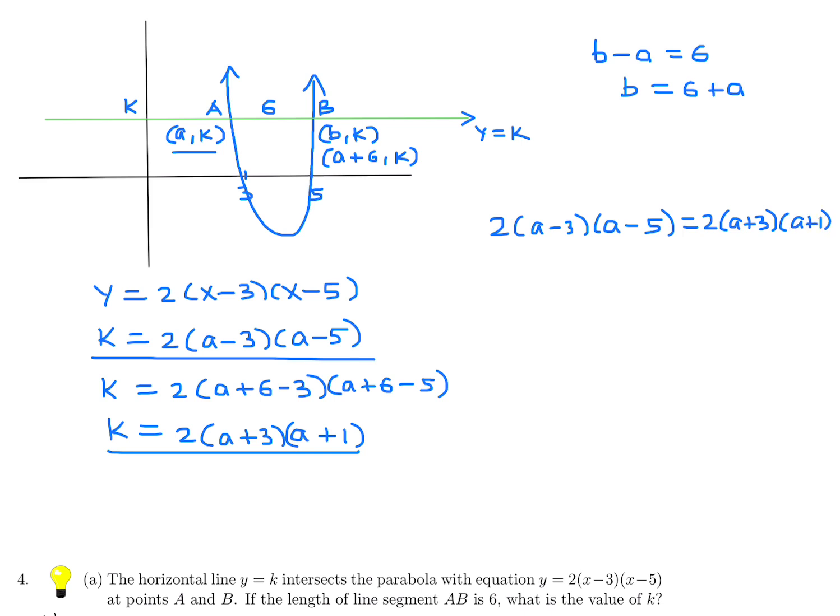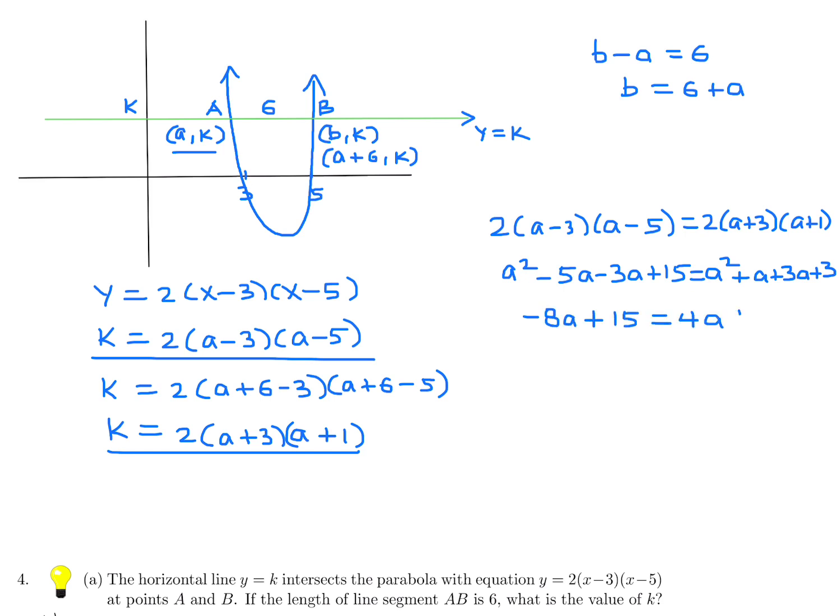So divide through by 2, and then let's expand this. This becomes a squared minus 5a minus 3a plus 15. And this side is a squared plus a plus 3a plus 3. So the a squareds disappear from both sides, and all you're left with is minus 8a plus 15 is equal